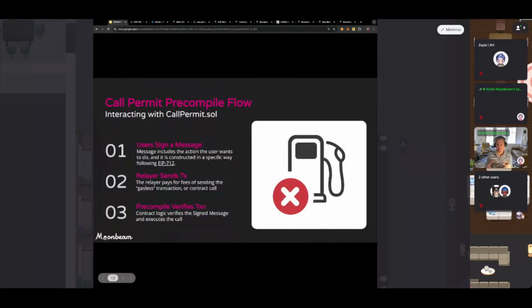And so the person that's going to submit the signed message to the call permit precompile, this could be anybody, right? It could be you as the dApp developer. It could be a third party. You could use a third party to do this, and that's perfectly fine. But it might just be built into the front end logic of your dApp. You might have an account that you funded with some Glimmer, and you might just be the one dispatching these transactions. So when you, as the dApp developer, are taking this signature from the user and submitting it,